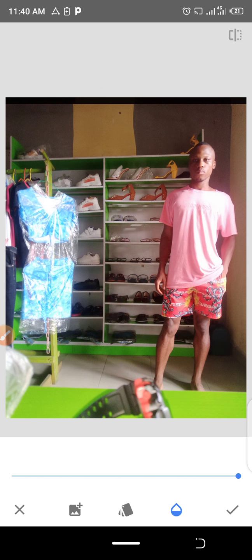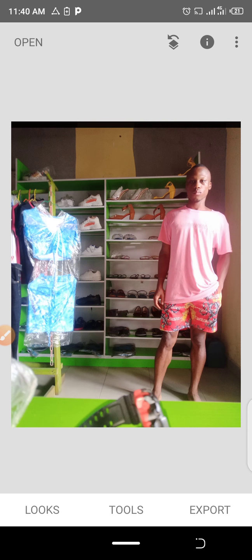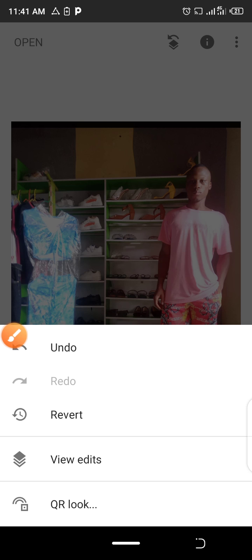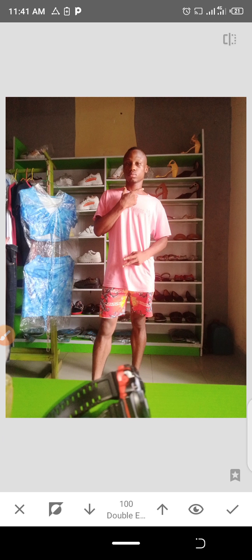Alright, so then you click on this icon here and increase it to the end. Okay, and then when you are done doing that, you come here, click on this particular button right here, that is to edit the settings. Then click on view edits, and click on double exposure. There's a small arrow there, click on it, then click on edit, that brush there. Now clicking on the brush now,